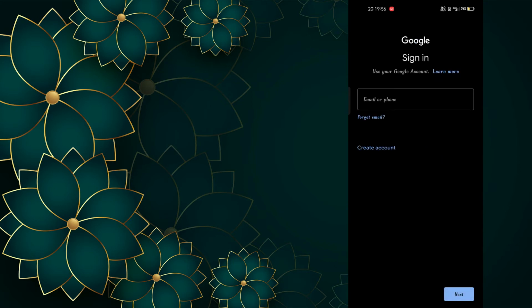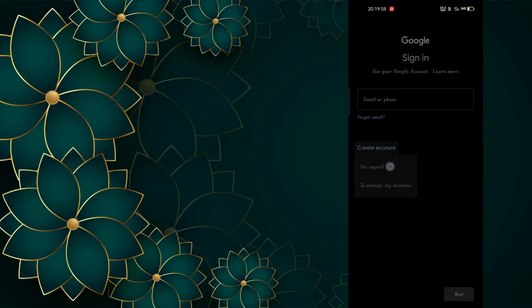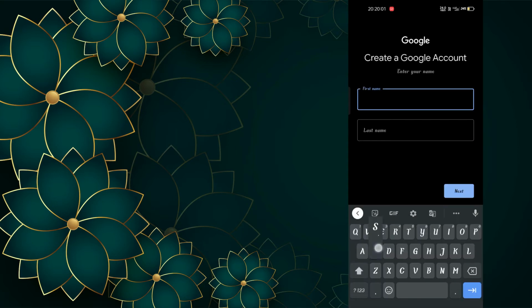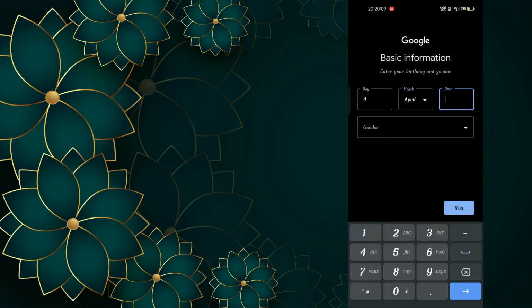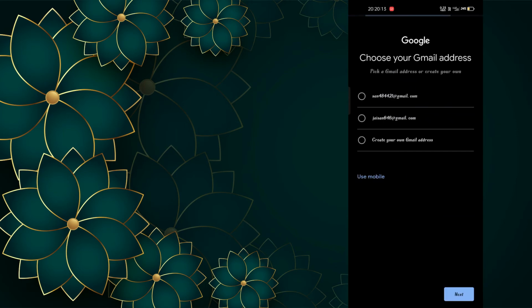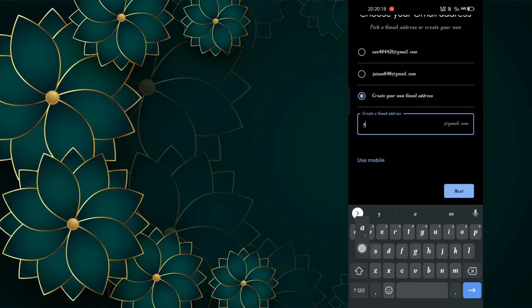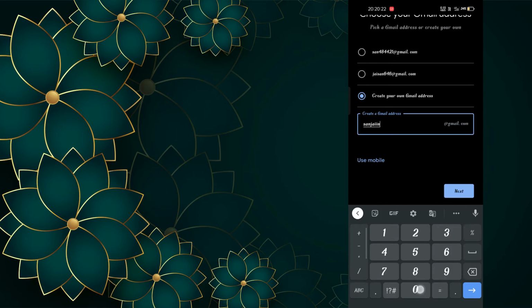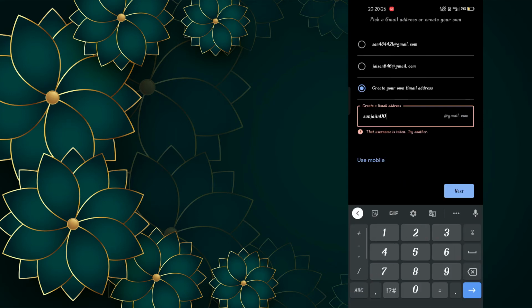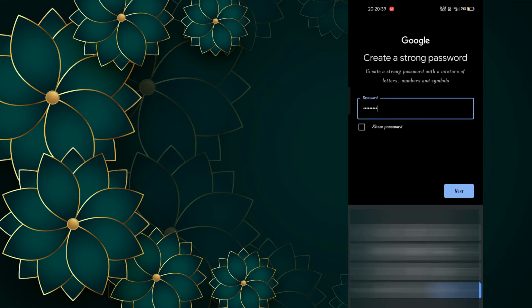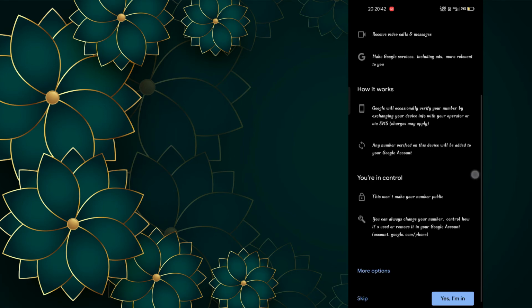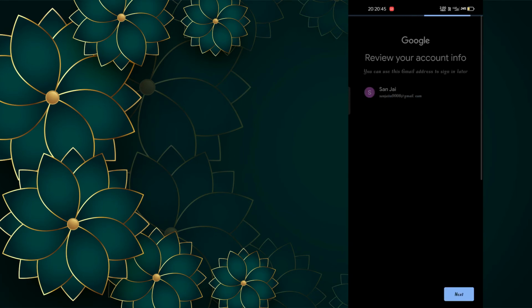Now click Create Account, and then do it by the regular procedure. Scroll down and then click the skip option. Using this method you can create multiple accounts.